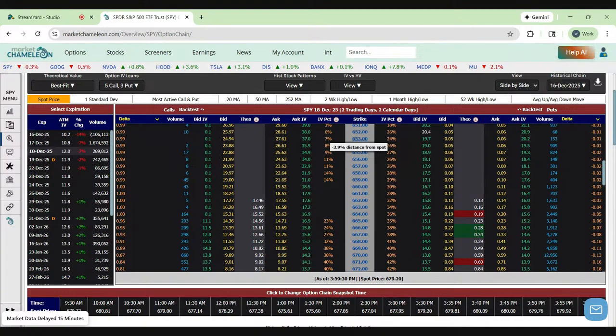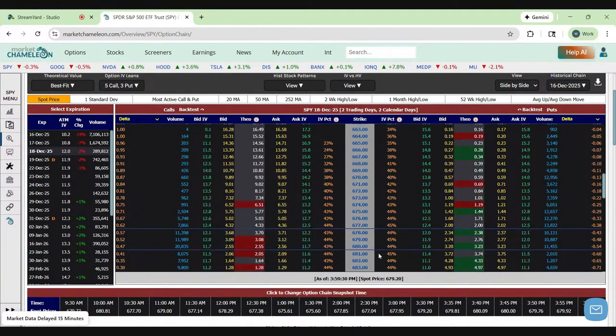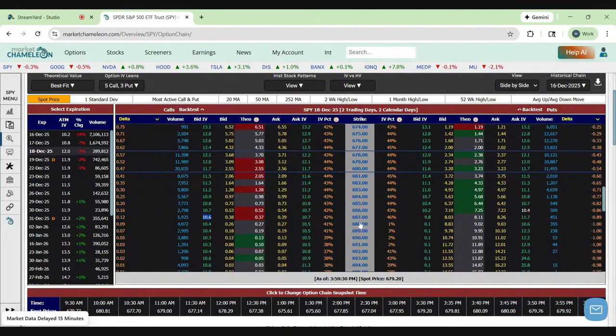So we have to take the call that has 2 days to go, and let's say we do the 1%. What did I say? 1% out of the money. Okay, 1% above, and we have to say, okay, this is the current implied volatility for the 686 strike. Let's say 10.7. So if it's 10.7, we need to find historically options with similar characteristics: 2 days till expiration, 1% away, and then compare those implied volatilities to this 10.7